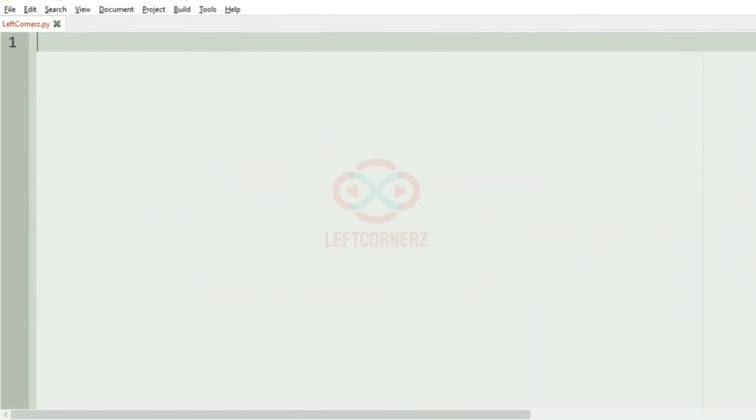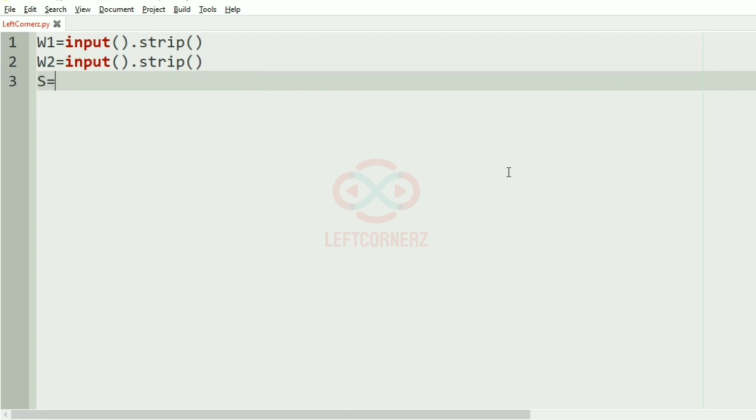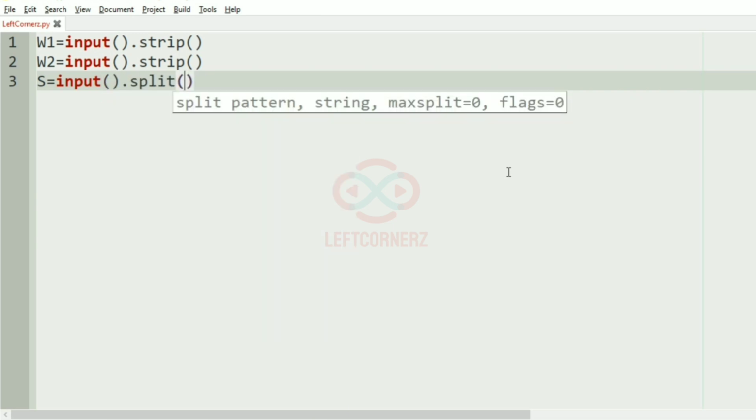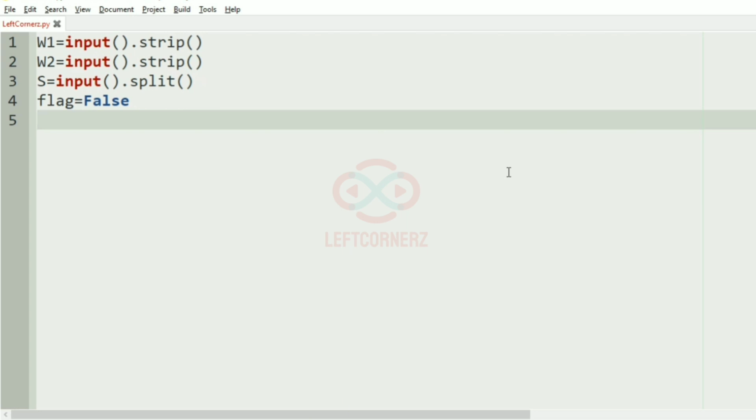Now let us implement our program. First we'll get the W1. Then we'll get W2. Then we'll get the string S. Then after that we'll have the variable flag equal to false. And now we'll iterate over